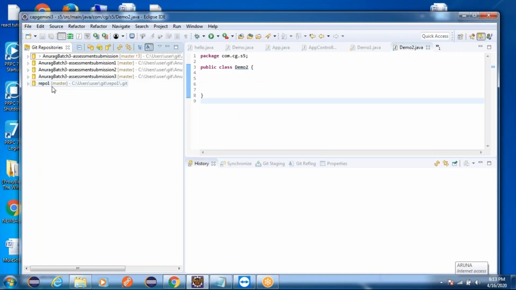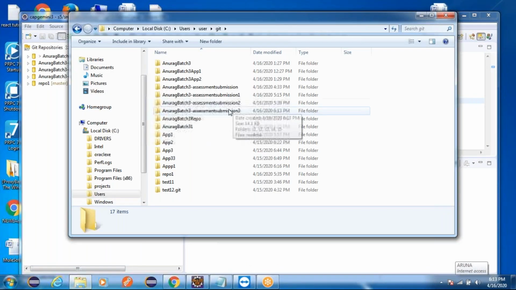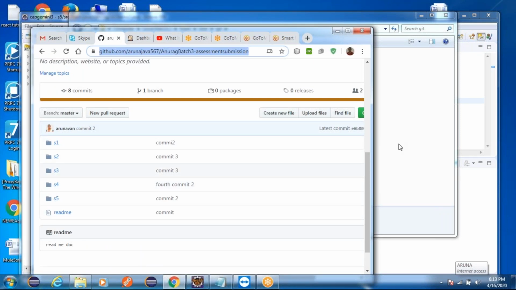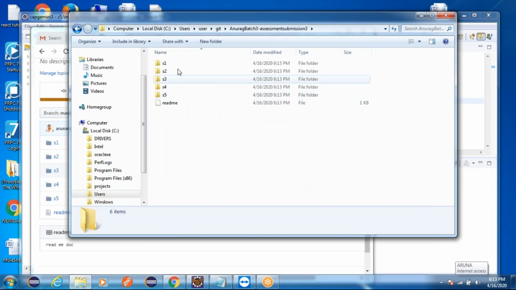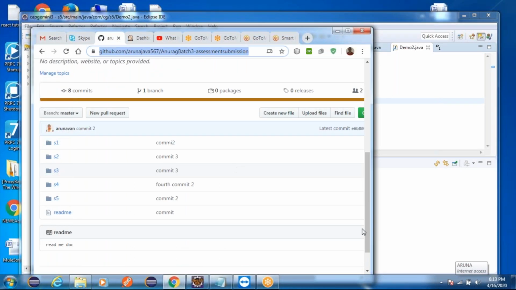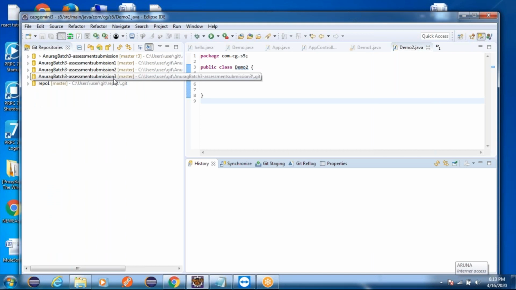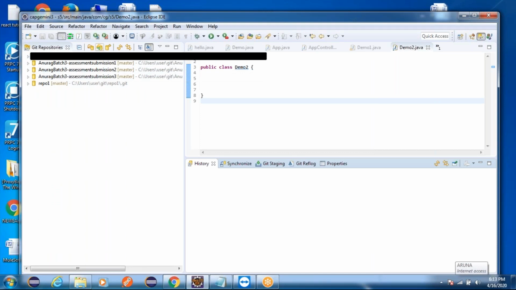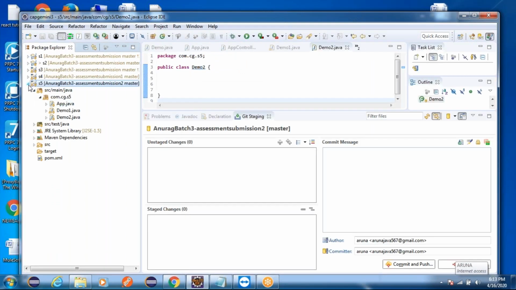Once the cloning is done, your cloned project is created here. Even if you check here, it is going to be created. Whatever the state of your remote repository, with however many files there are, the same thing will be available here. So a total of 5 projects are cloned. This is the way a remote repository can be cloned from your Eclipse. Now, the Git plugin is added, that's the first step. The second step is we selected one of the remote repositories and aligned it to the local repository by cloning. The third step is, let's say I'm going to do a new project here.